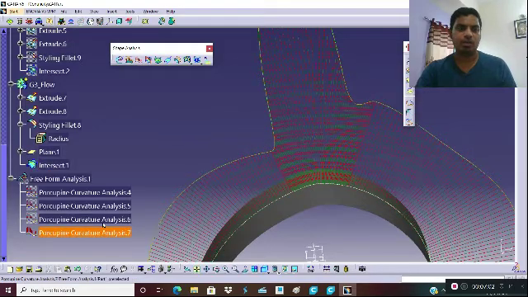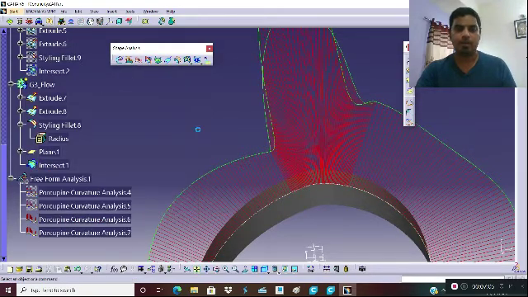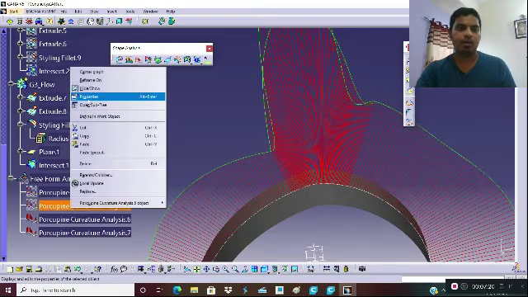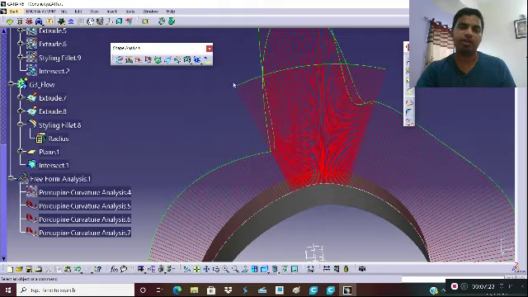So I will just show the previous analysis, to see how to differentiate between these two, G2 and G3. In case of G2, there is a sudden change at this location, but in case of G3 continuity, it is a smoother one. And I will show you the G1 continuity. In G1 continuity, there is no connection between this envelope line, so the transition is not a proper or continuous one. In case of G2 or G3, the transition is a continuous one. In this case, it is not a continuous one.